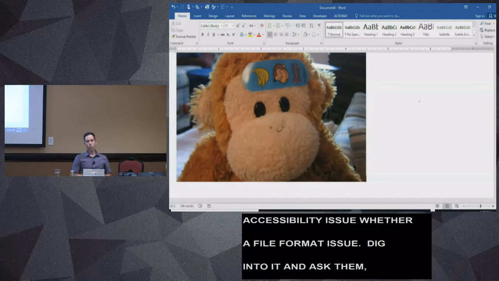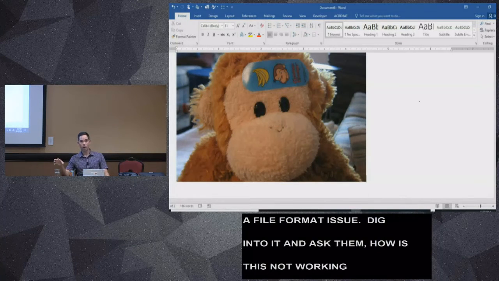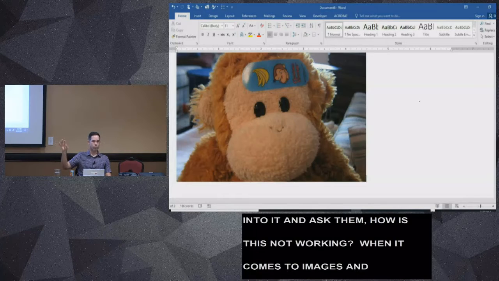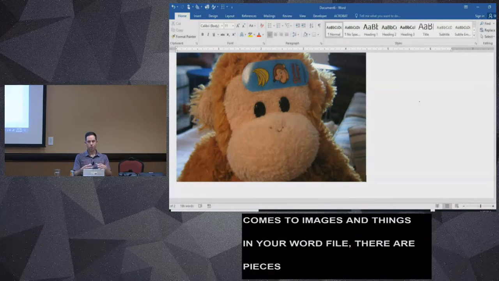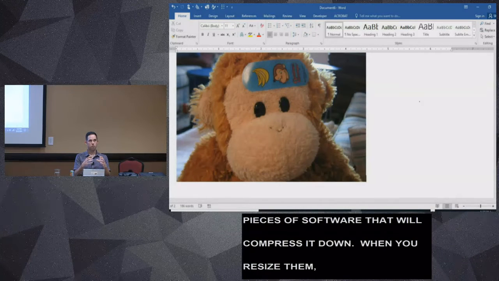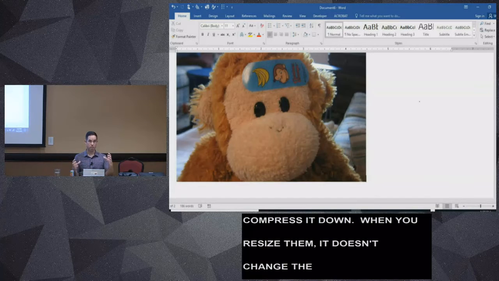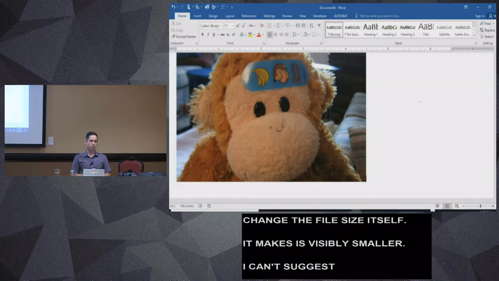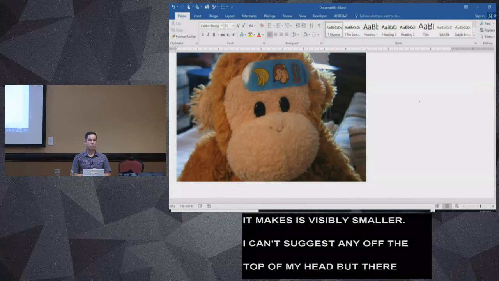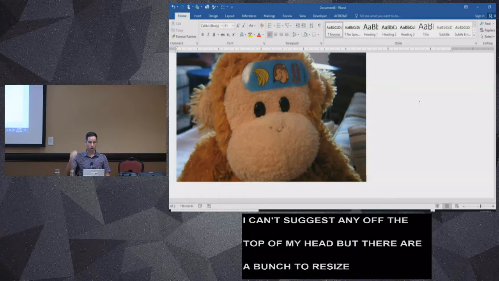When it comes to things like images in your Word file, there are open source and free pieces of software that will compress those down. Because when you insert them into Word and resize them, it doesn't change the file size itself. It just makes it visibly smaller. I can't suggest any off the top of my head, but there are a bunch of them that will let you basically resize it completely,